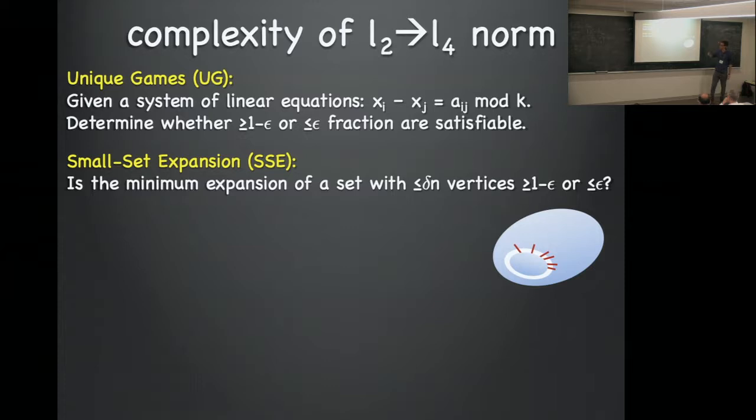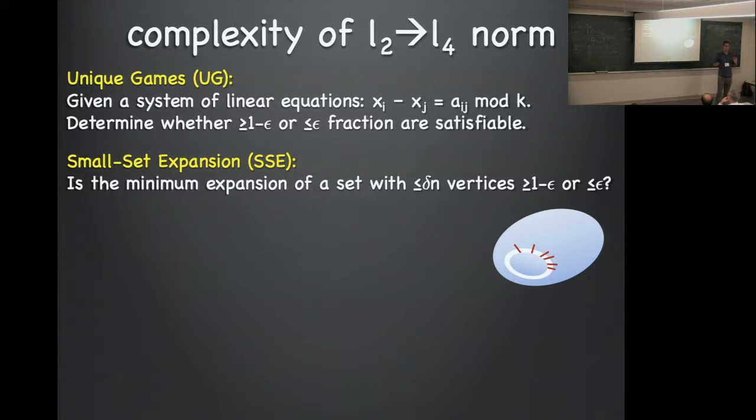And so what is the most disconnected set that you can find? That's called the expansion of the graph. And small set expansion says, I only want to restrict to subsets of the graph that are a small fraction. Let's say delta is like 1 over 1,000. So I want to restrict to sets with no more than n over 1,000 vertices, if there's n vertices altogether. And then I want to answer what should be a relatively easy problem. Can I find such a set where 99% of the edges leave the set, or at most 1% of the edges leave the set? Distinguish those two cases.